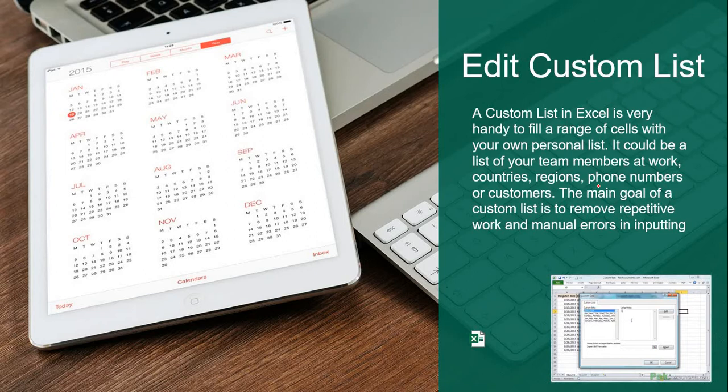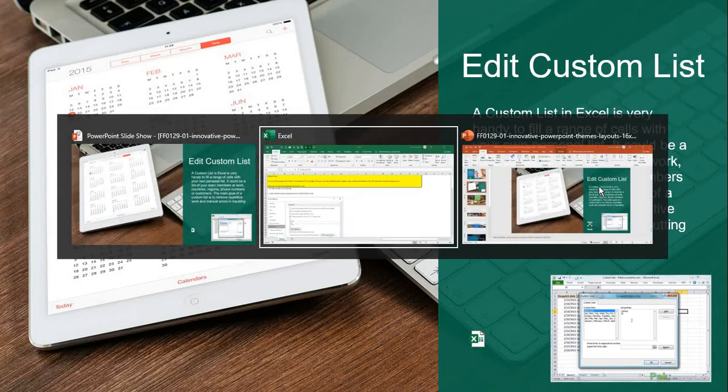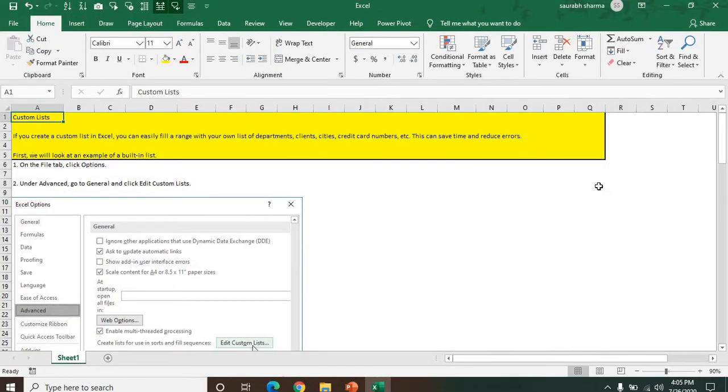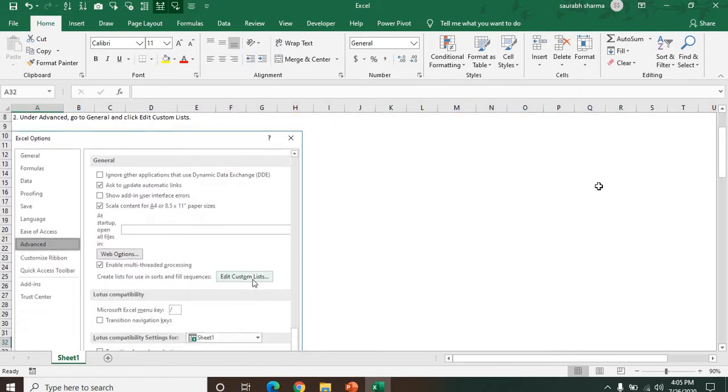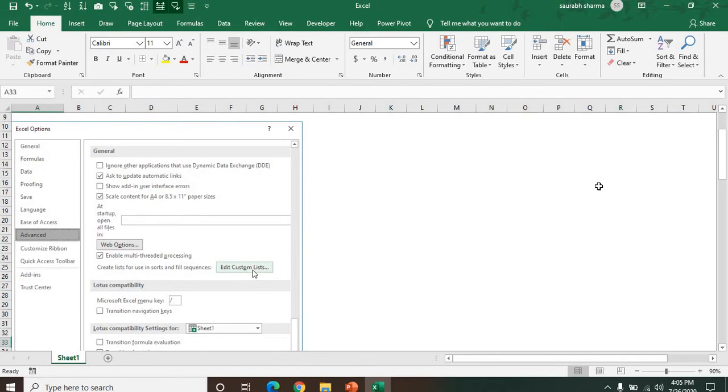Okay, so let's see a few examples of how we can create the custom list in Excel. For creating a custom list, you need to go first to File, then you can see the Excel Options. In the Excel Options, you need to select Advanced, then click here on Edit Custom Lists.